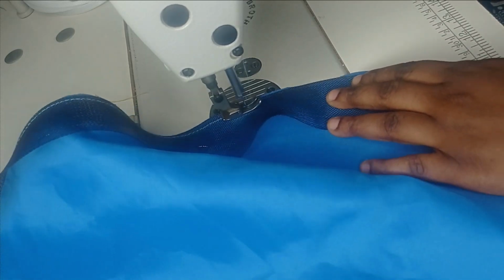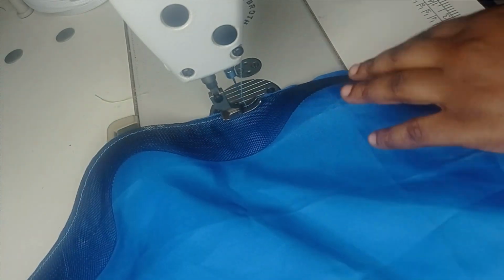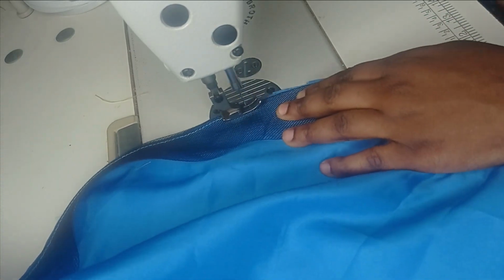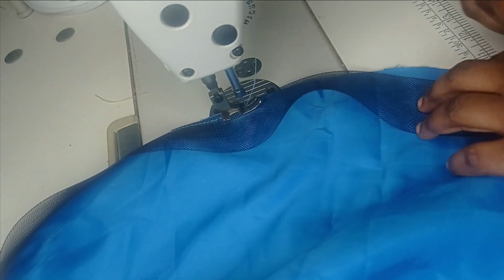Sewing it till you reach the point where you started from. So now after sewing it, you can top stitch on it, which I advise, or if you have a steam